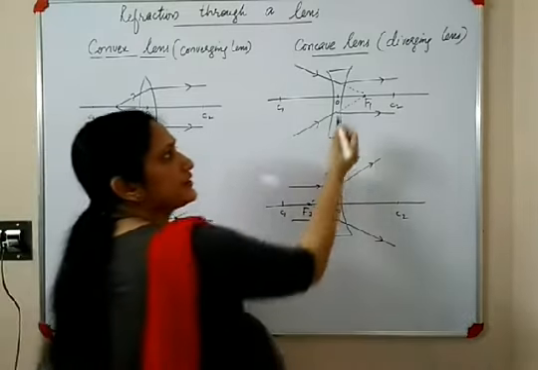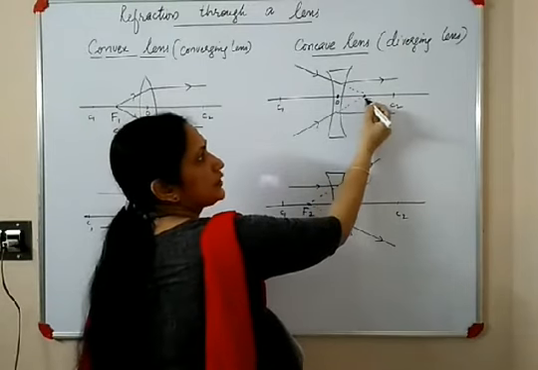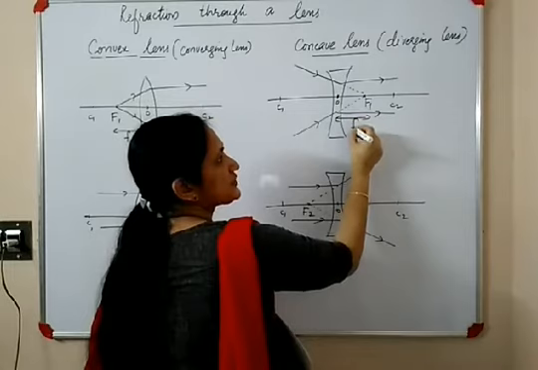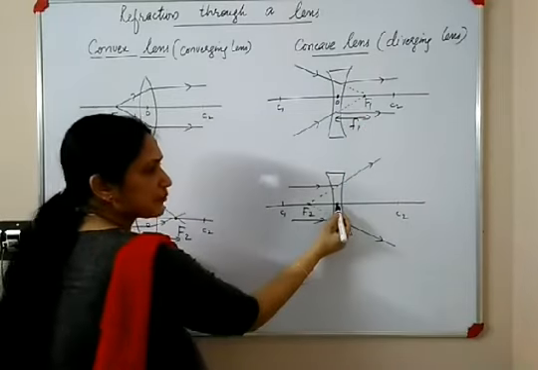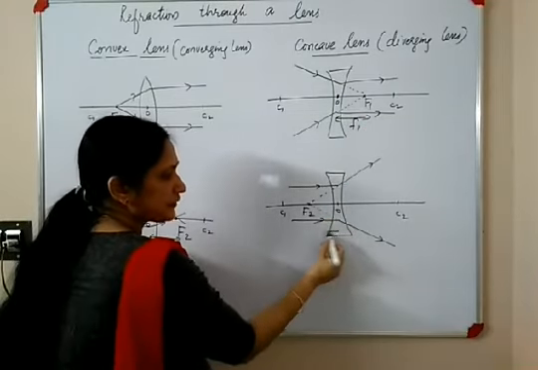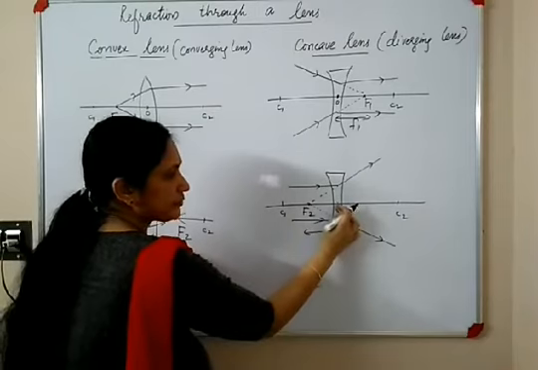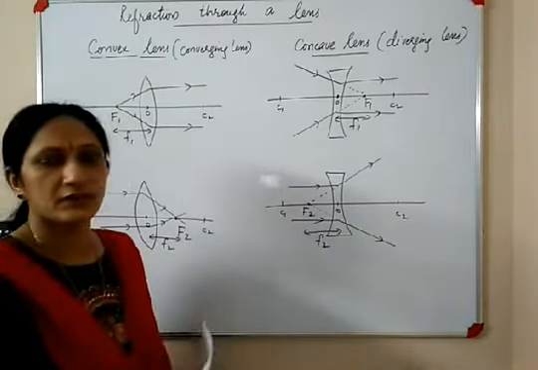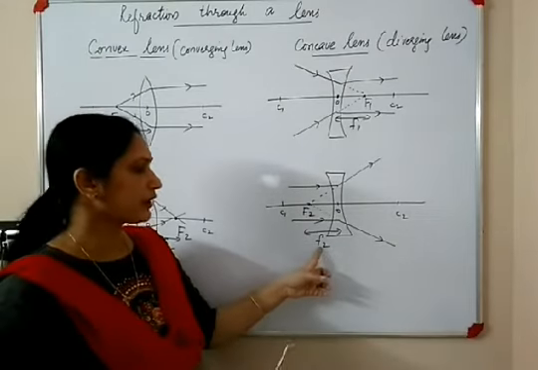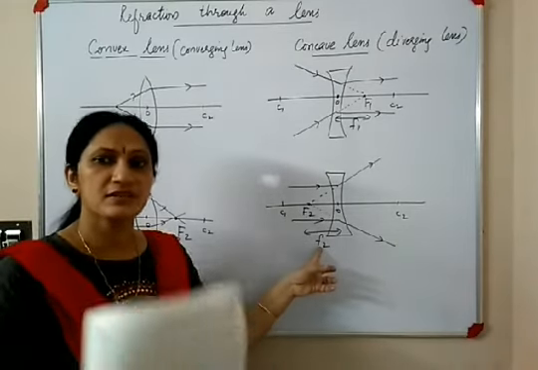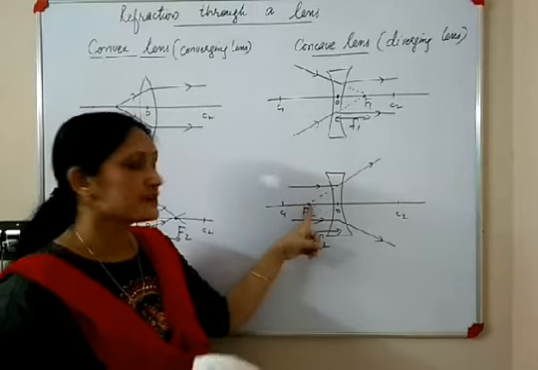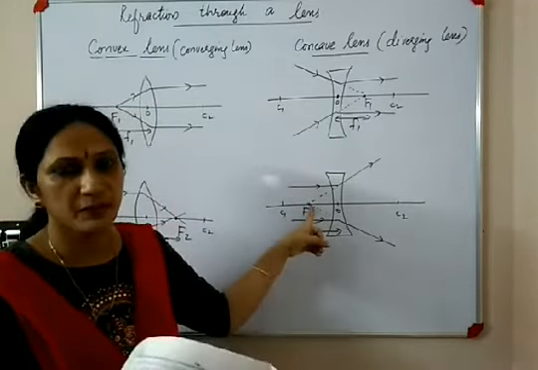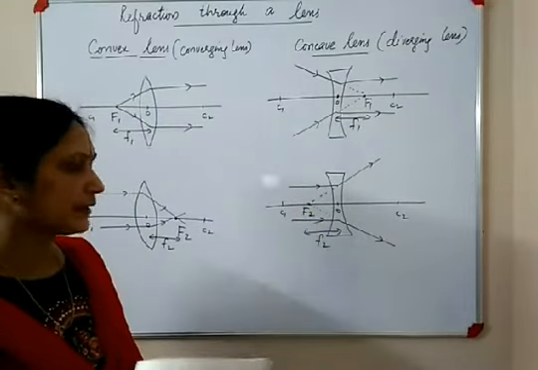Focal length on both sides are equal. Similarly, here also, the distance from the optical center to the first principal focus is known as the first focal length. The distance from the optical center to the second principal focus is known as the second focal length. For focal length, we use the symbol small letter f. Principal focus is a particular point, and for that we use the symbol capital letter F in all the diagrams.